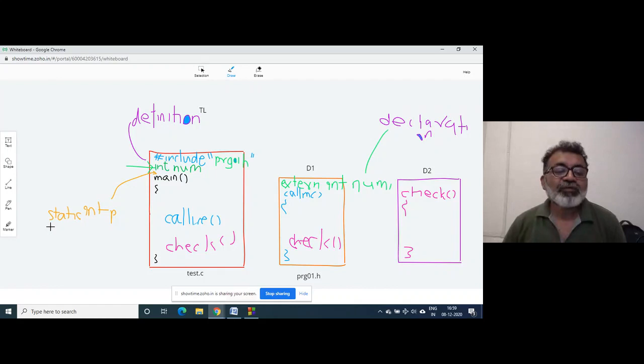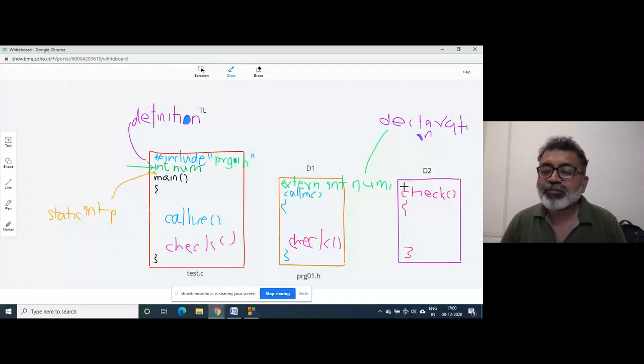Once he writes static int p, this variable p will be accessible to all functions in that file. Even though these two files are included in this file, p is not accessible. I mean, p is not at all accessible.